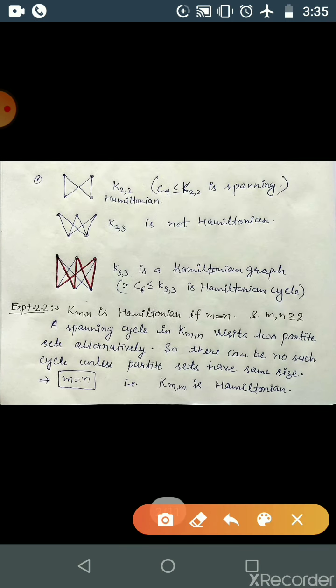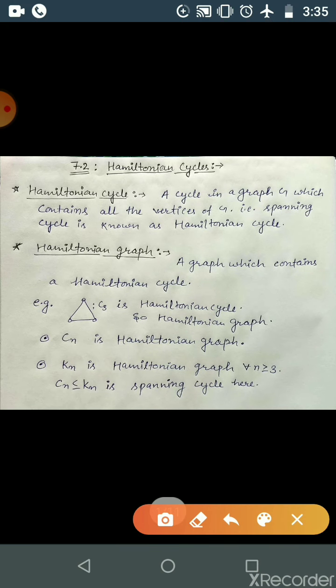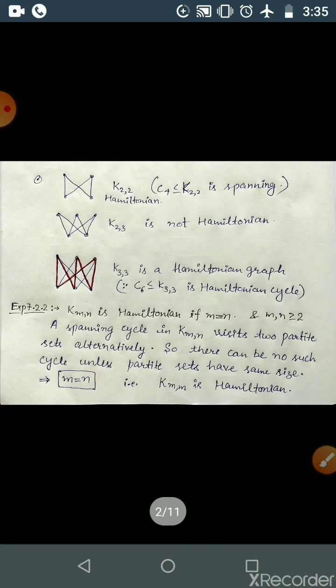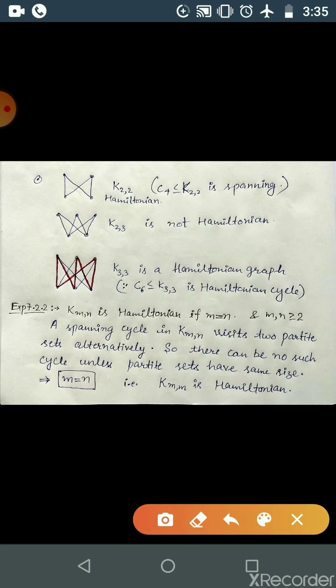Yeah, some more examples. You can have a complete bipartite graph. In case of complete bipartite graph, K22 or K11 first. K11 is not Hamiltonian, and this is what I was talking about: Kn is Hamiltonian if and only if n is bigger than or equal to 3, because K2 is not Hamiltonian. If you are considering 2 vertices, then no cycle exists. Whenever no spanning cycle exists, then it is not Hamiltonian, okay. Here you can consider K11 again, K2, so this is not Hamiltonian, okay.